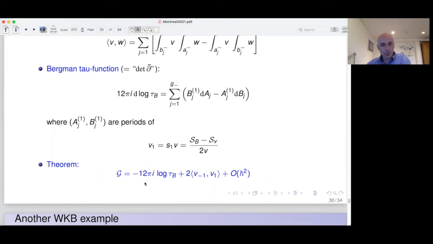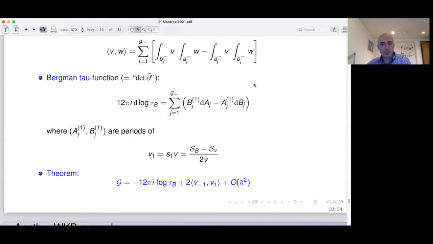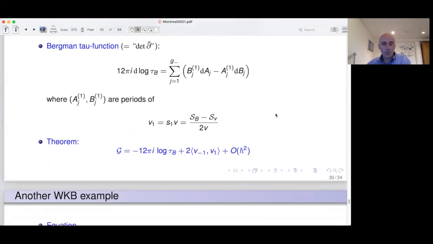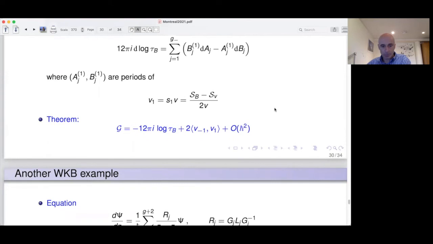The H-bar term is 0, and the leading term is essentially the determinant of D-bar operator plus a little bit of some defect, which is the coupling of V1 and V minus 1. And the coupling comes from the Riemann bilinear identities. And I think that statement is pretty non-trivial, right? That we know the leading term